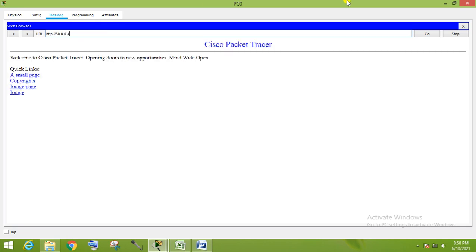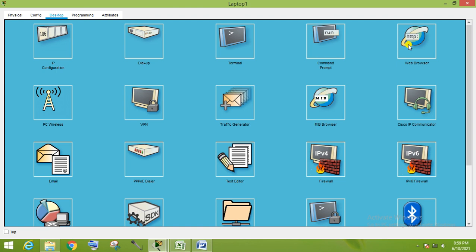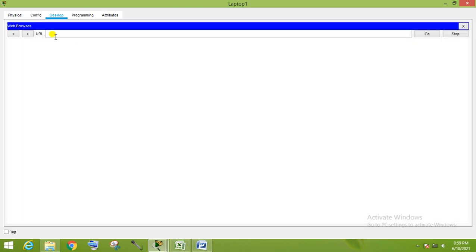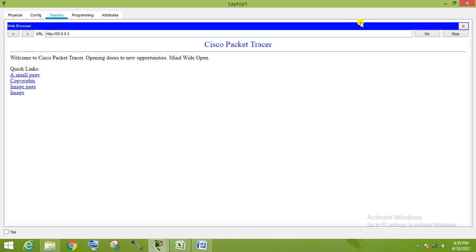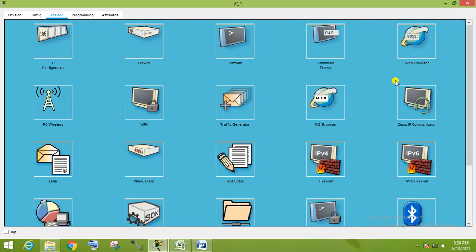Yeah, you are able to access. Same thing, you can check from this laptop also. Yeah, you are able to access, and you can check from this PC also.